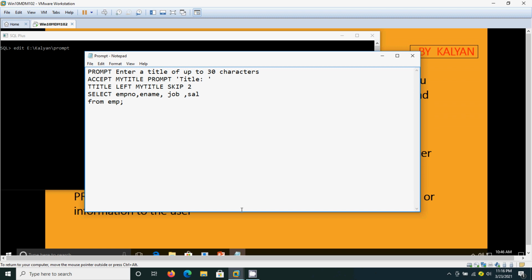Then there is one command called TTITLE, which displays the title of the report. TTITLE LEFT means it will display the title name at the left side of the screen. Then SKIP 2 means two blank lines will be there, and then we write the query. Then it will execute the query and show the report. We will see how the script is getting executed.